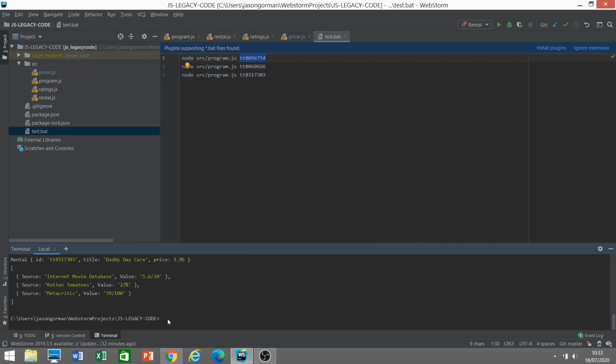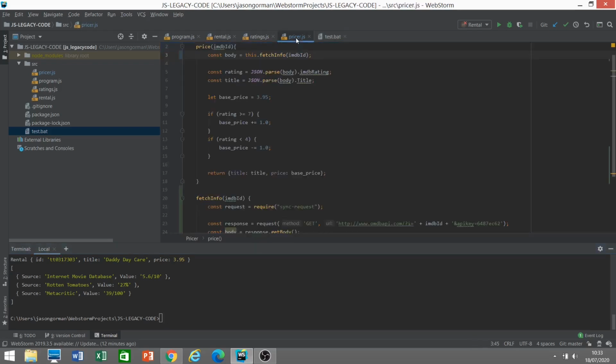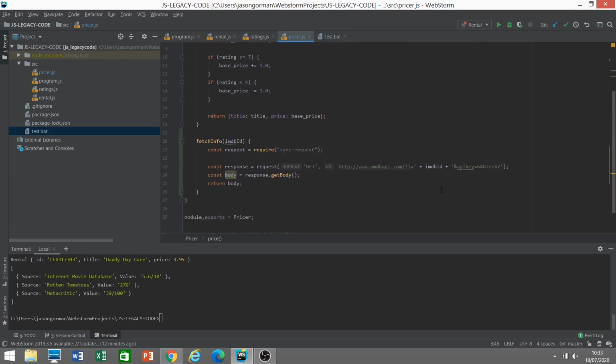But I think it is important to be super cautious at this point. There is a real danger that we'll break the code and not know it. So I retest manually if necessary. But those are, of course, integration tests in the sense that they're actually hitting the web service. And we don't want that to happen. The next thing we want to do to break this dependency is we want to get this in its own